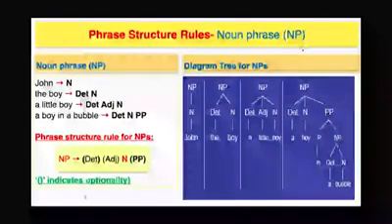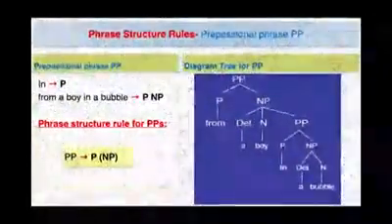Now, in order to formulate a noun phrase, the head of the phrase, which is the noun, is obligatory, but the determiner, the adjective, and the prepositional phrase are optional things within the NP. Now, as you see, all the elements, all the nodes, or all the categories put within brackets are